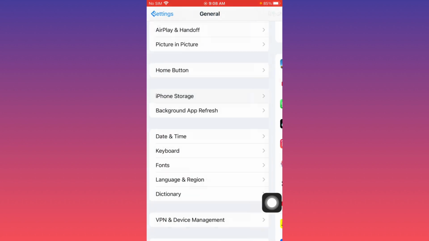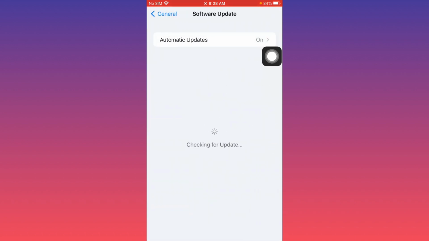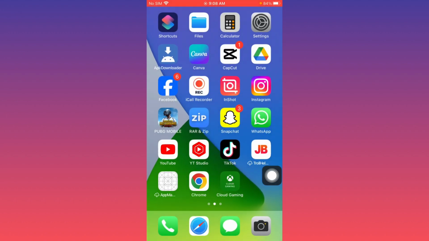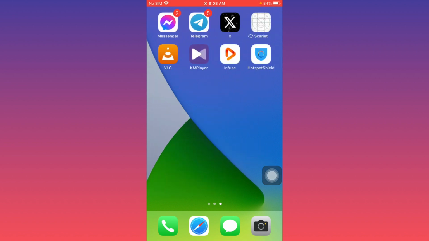And guys, after this you need to go back and click on Software Update here. And guys, you need to download and update to the latest iOS version on your iPhone. And after doing all these things, all the bugs and all the problems will be fixed on your Instagram. So guys, these are the possible ways to fix this